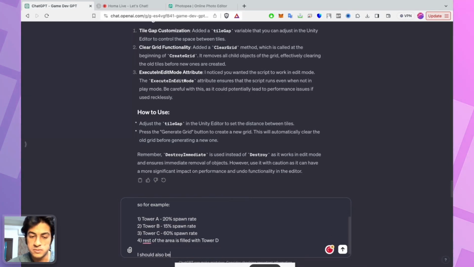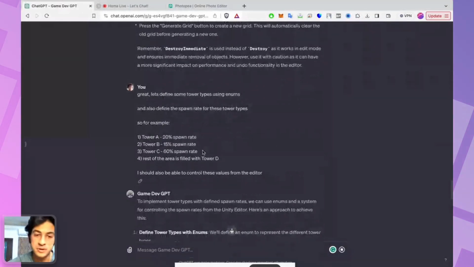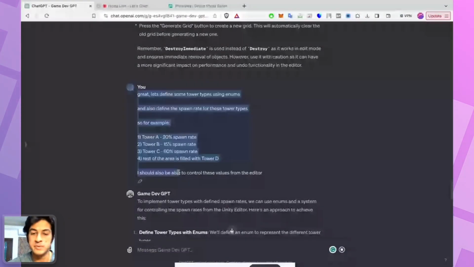I should also be able to control values from the editor. I think the internet went off there for a bit. I think this is the most important part to mention, that you should always be able to control the values from the editor.